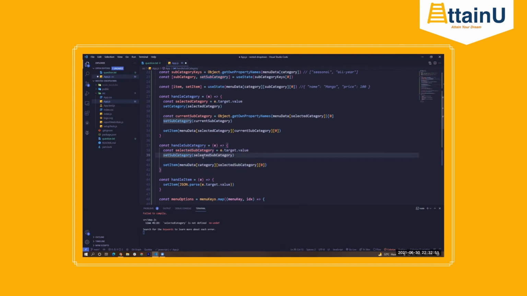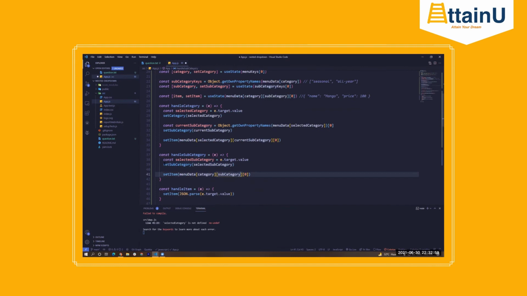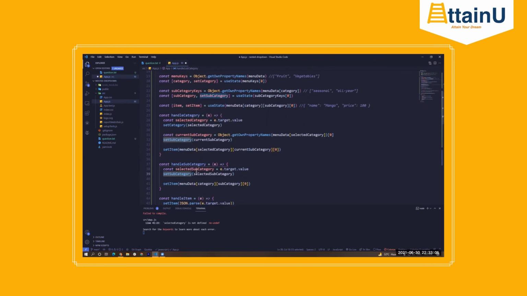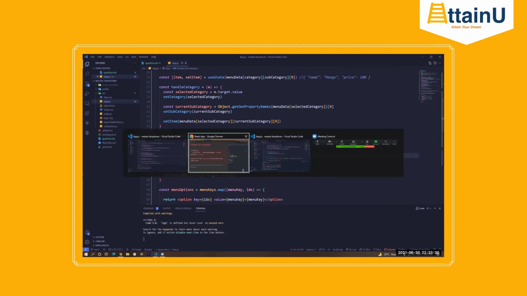Now, we are not doing this directly after just putting the value based on the state itself, because when you call the set function, whenever you're updating the state programmatically, those updates are asynchronous in nature. So it does not guarantee that the moment this function is executed, this will also have the updated value. That is why instead of subcategory, we'll be using selected subcategory, which guarantees the new value that needs to be there in the set item state. Okay, let's test it out.